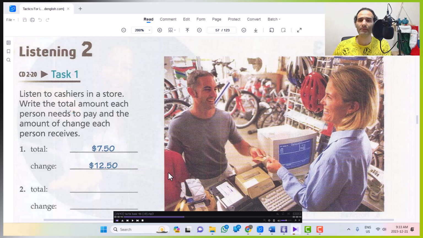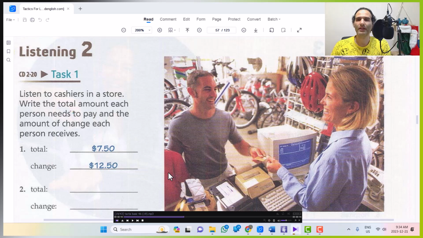You got it? Okay, so the total amount is $27.90 and the change is $2.10. If you want to give a review or a summary of that, it is he's buying a DVD, which is the cashier's favorite as well, and batteries. The total is $27.90 and the change is $2.10.